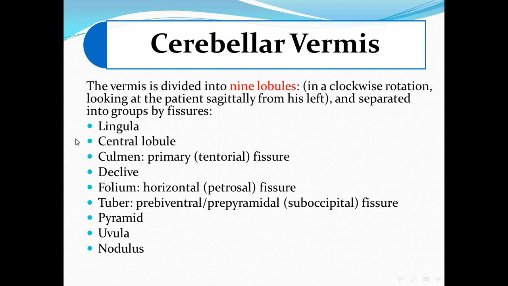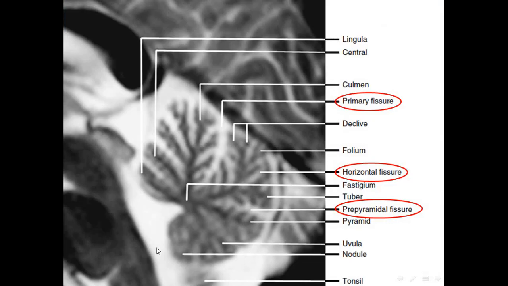The 9 lobules include the lingula, the central lobule, the culmen, the declive, folium, tuber, pyramid, uvula, and nodulus. This is a sagittal image magnified to show the 9 lobules of the cerebellar vermis in a clockwise rotation, starting from the lingula here,